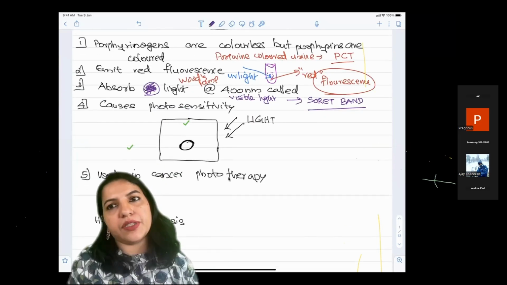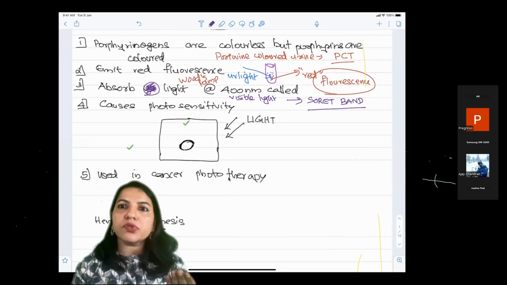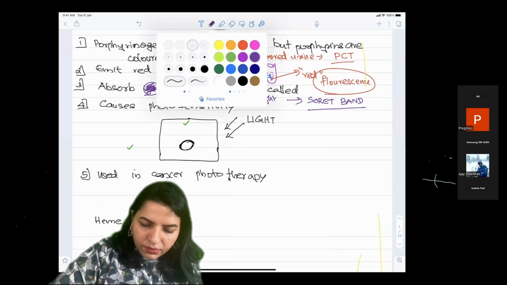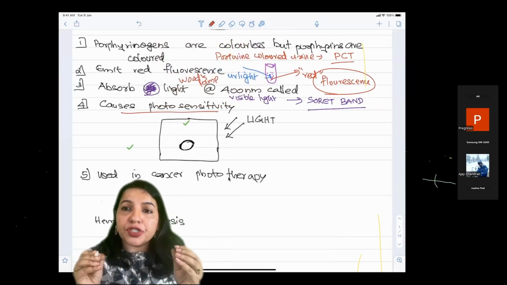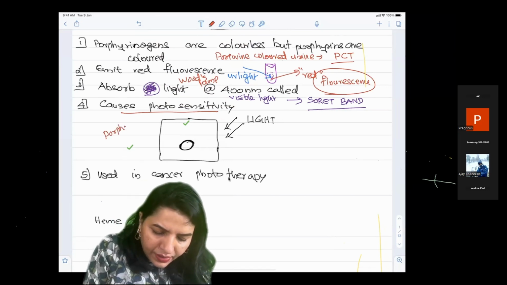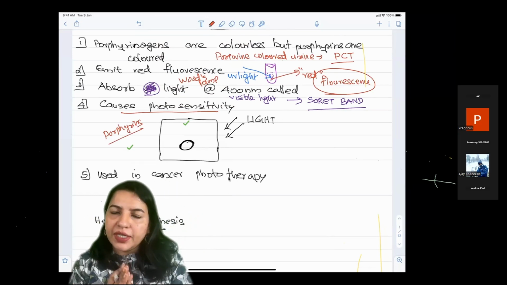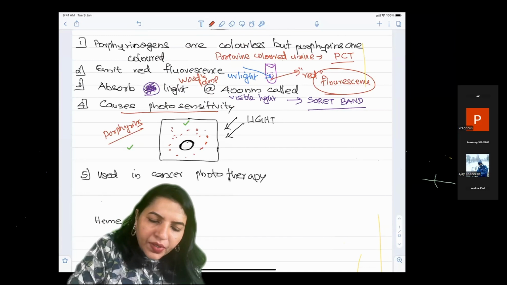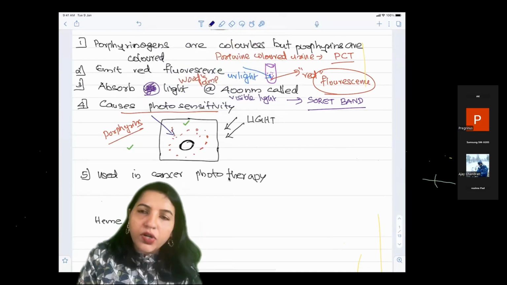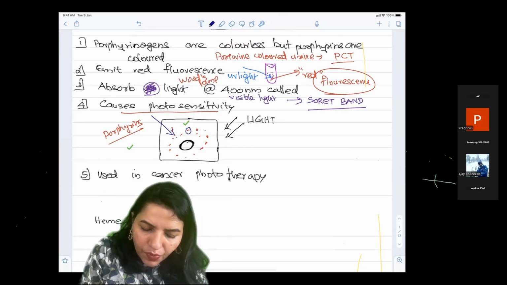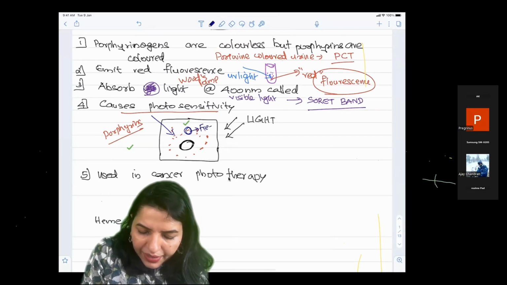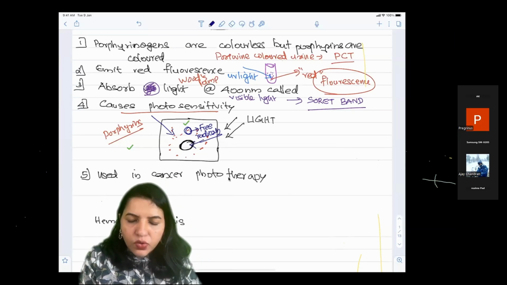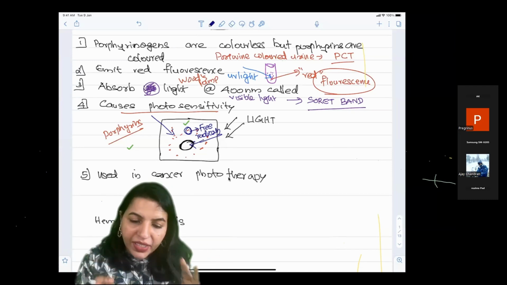Next is, it causes photosensitivity, because most of the porphyrias, we used to say that the patient exhibits photosensitivity. So why is there photosensitivity? The photosensitivity is because this is a feature exclusive of porphyrins. If porphyrins are there, then photosensitivity is there. Why? If there are porphyrins in the cell, what will happen if light is falling on this tissue? Then what happens is these porphyrins will produce free radicals. If it produces free radicals, it is going to damage or degranulate an organelle inside